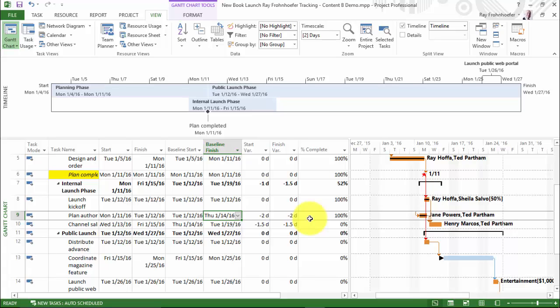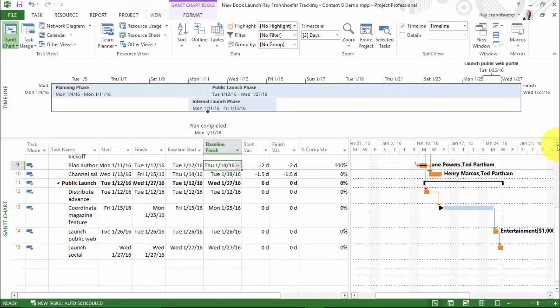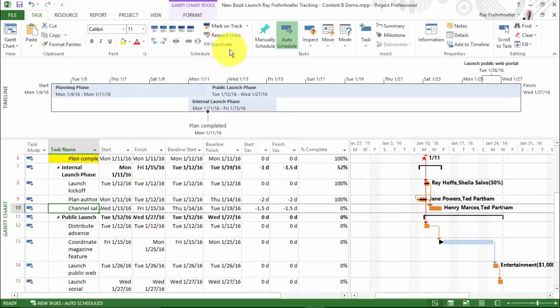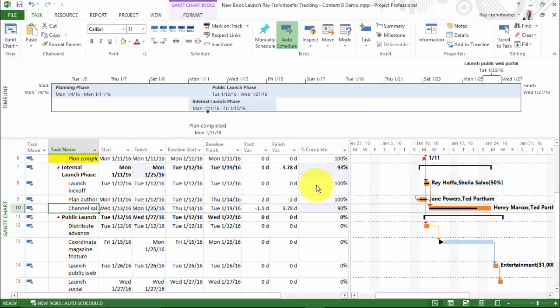Let's look at one more example then. I'll scroll down to Channel Sales Prep, which is right here. We're going to mark that as 90% complete with an actual duration of 7 days. So what I'll do is come to my Task tab, Mark on Track, Update Tasks, and here I'm going to enter the percent complete as 90, and the actual duration as 7. Click OK,